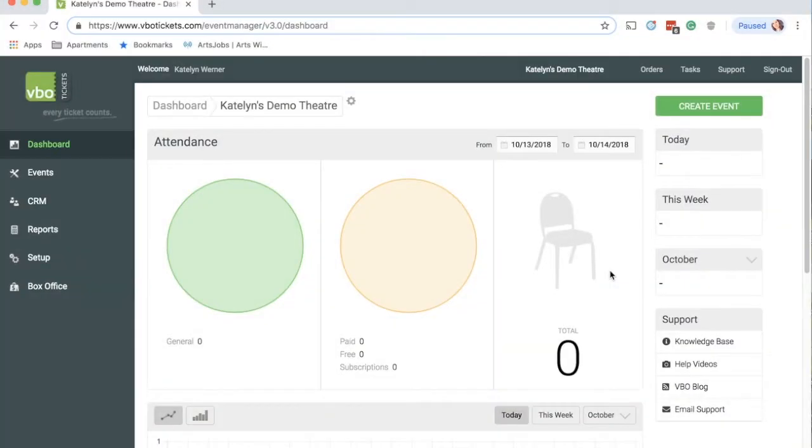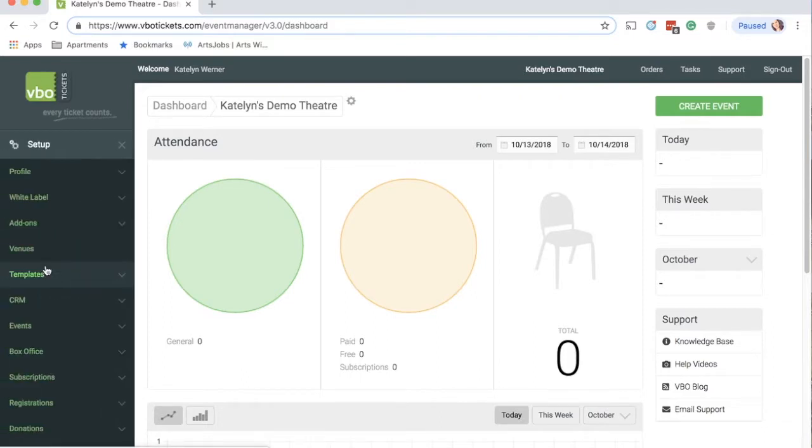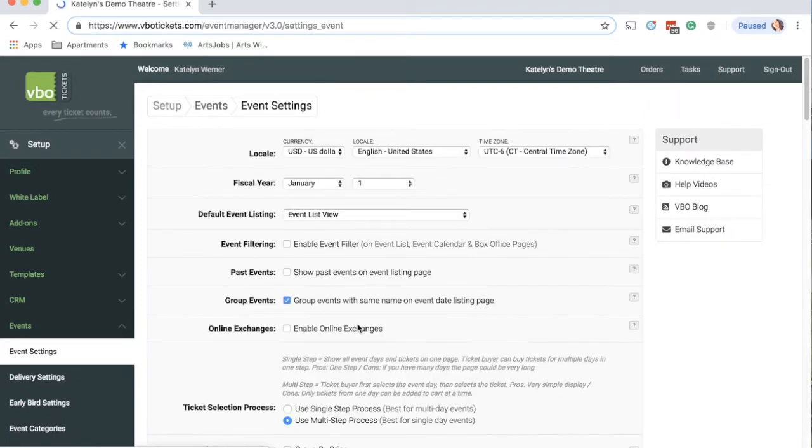This video will demo how to edit the privacy policy on both the global and event levels. It's probably going to be best to start with the global policy. So to edit that, we're going to go to Setup, Events, and then Event Settings, and then we will find